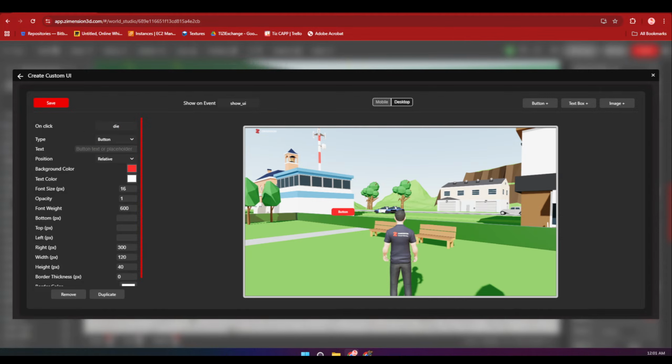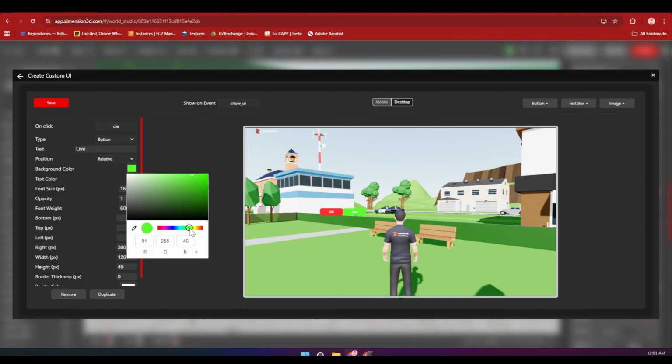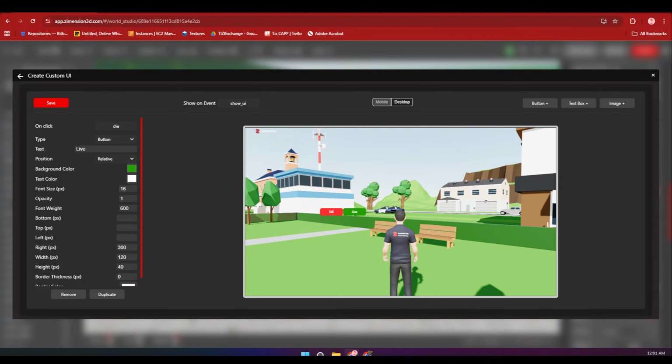Oops, yeah, this is the event basically on click. And yeah, this is the text of the button, die. Okay. And we will add another button. But before that, we will just duplicate it. Okay, there are two buttons. Now, if I click on this button, I'll change the text to leave and make the color green and just add some position like 200.